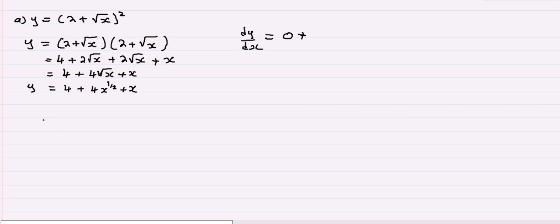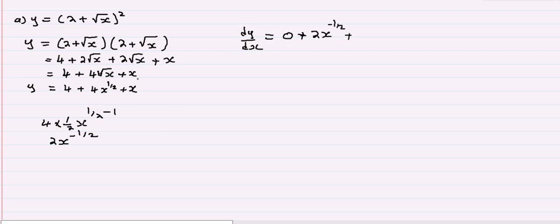You're going to say this is 4 multiplied by 1 over 2, x exponent 1 over 2 minus 1. 4 multiplied by half is 2, x. 1 over 2 minus 1 is negative 1 over 2. So the derivative of 4x exponent 1 over 2 is the same as 2x exponent negative 1 over 2,